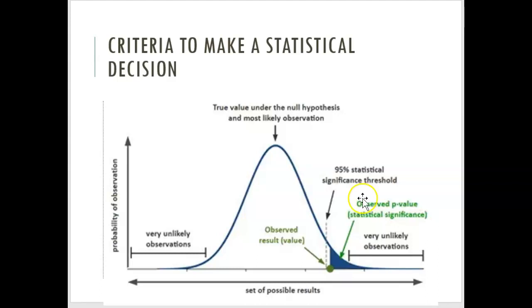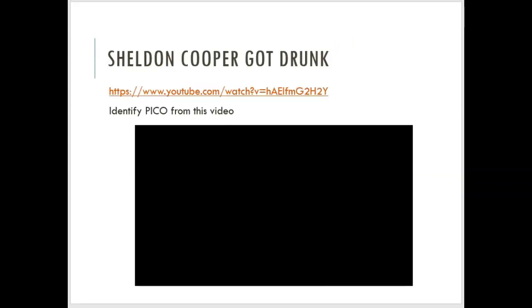So there is a specific criteria that we use to come up with a conclusion, or a statistical decision, and knowing what a null hypothesis is will help you come up with that statistical decision. We'll learn more about that towards the end of the semester. For now, what I want you to do is pause this video and watch this